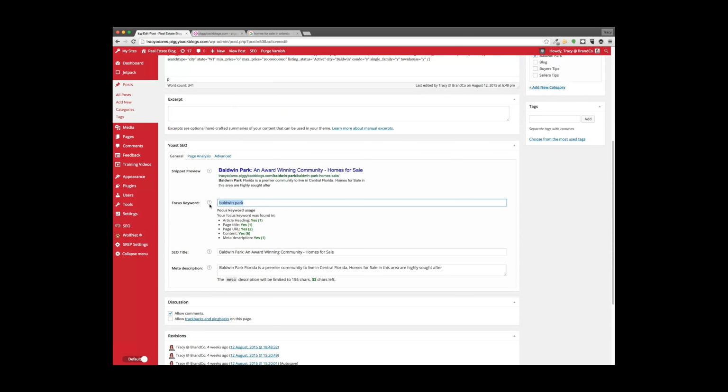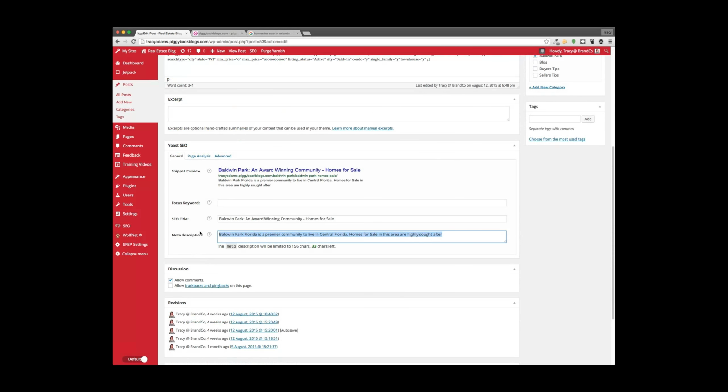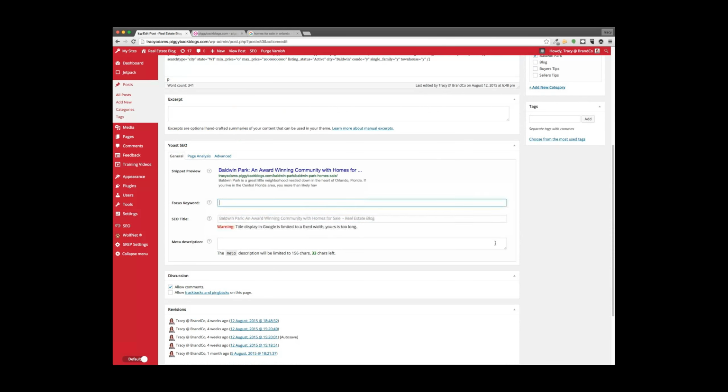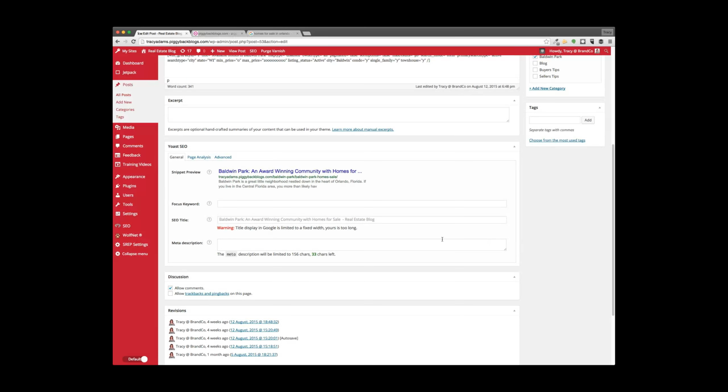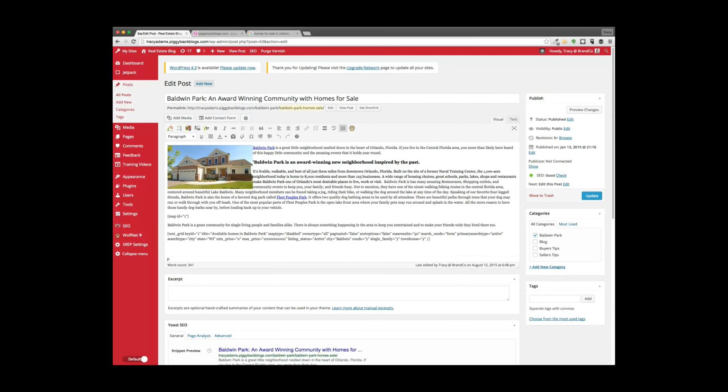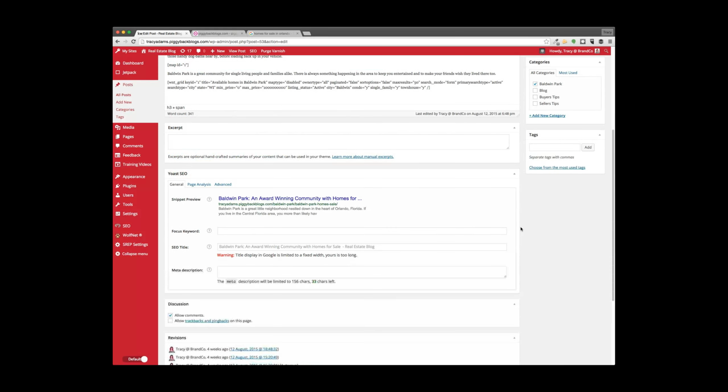So I'm going to go ahead and just get rid of them so you can see what it's like to fill it in yourself, okay? So I've written this blog post. It's about how awesome it is to live in Baldwin Park. I have a bolded area inside here. I have external links. I've got Baldwin Park mentioned in the header. I've got it mentioned throughout the content. I'm doing pretty good. But if I wanted to go the extra mile, then I can come down here to